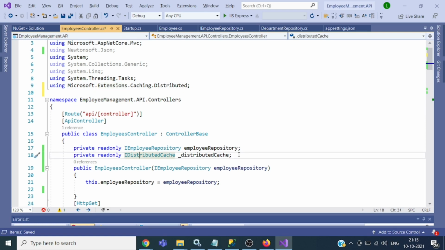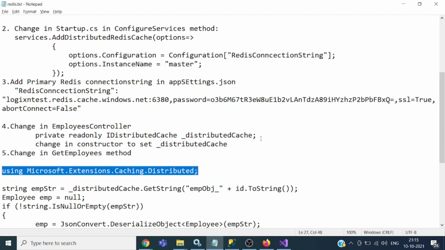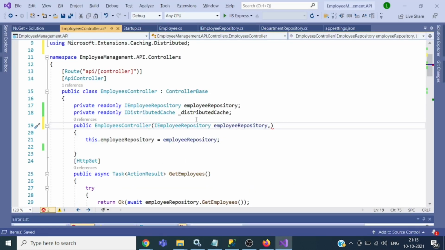And now using dependency injection, we will provide the implementation for this interface. So this is the input parameter for the constructor,